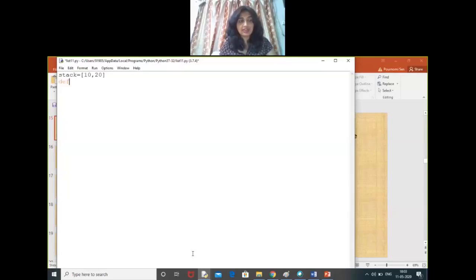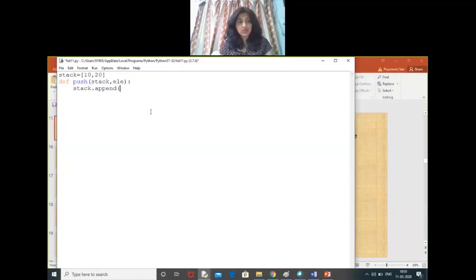Then we define a function push. Push is a function which takes the list and also the element that you want to insert in the stack. We have already discussed the function chapter, so you know how to pass parameters in a function. Like this we are passing stack and element. Then we simply add the parameter with the help of the append function at the end of the stack.